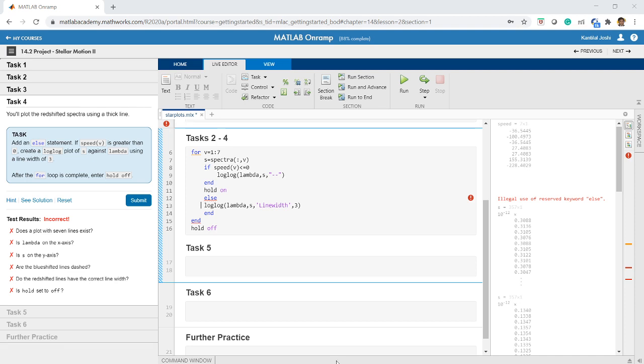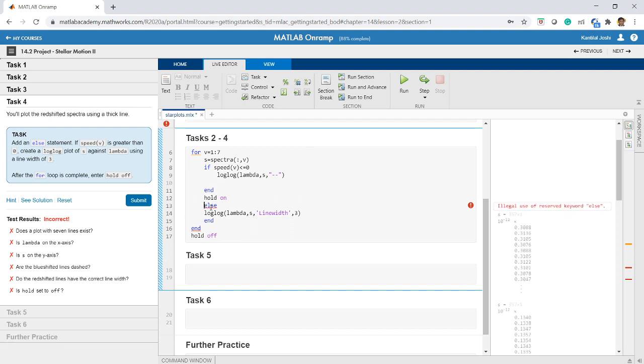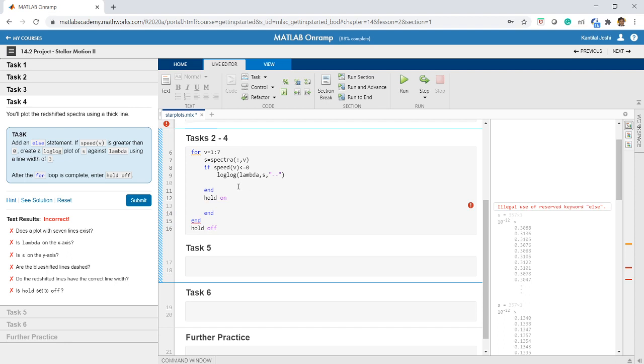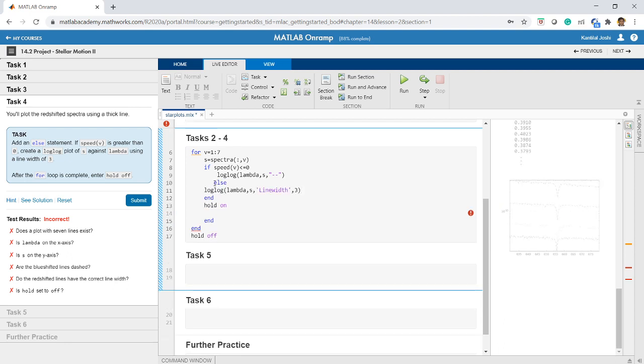Okay, so we made a fundamental mistake here. What fundamental mistake have we made? See, if else has to be in a single block. So after if is done, I should write else. So this code belongs here, and this code belongs here. If, else, then the if will end with end, then hold on.